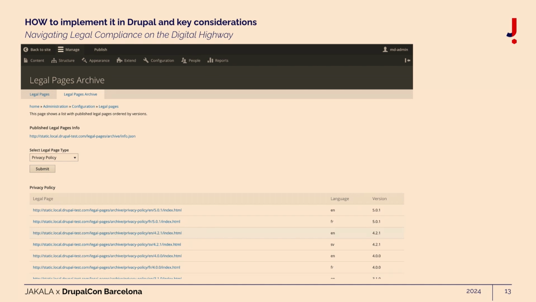Next, legal pages archive or audit trail. This is basically the published legal documents history. Starting with the revisions. Revisions are, I think, mandatory in most of the cases. But what we missed there was with revisions, we cannot tell which of these versions are actually published versions of the documents. So in our case,